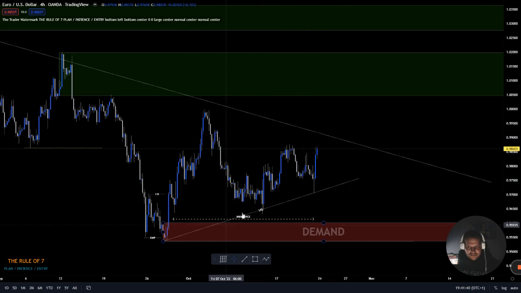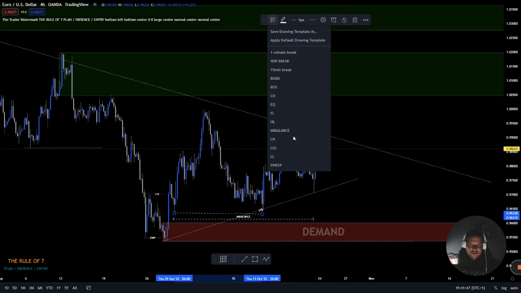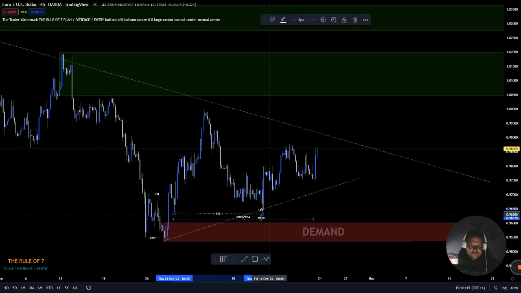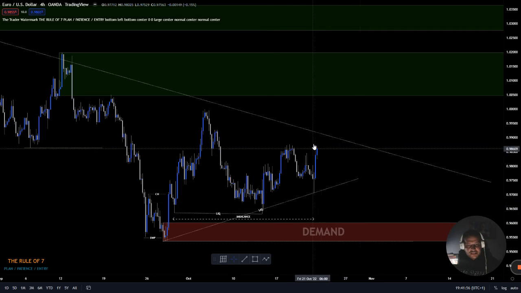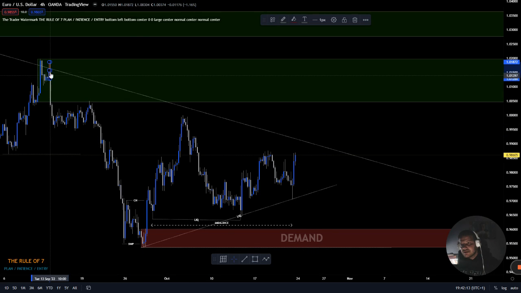But yeah, there is imbalance, which means this low and this low are also liquidity. Even though there is a slight sweep, that is still liquidity because there's an imbalance below. As soon as it breaks the trend line, obviously it will then retest and make retail start buying. But I personally think we will jump in. If we refine this, we might even tap into this